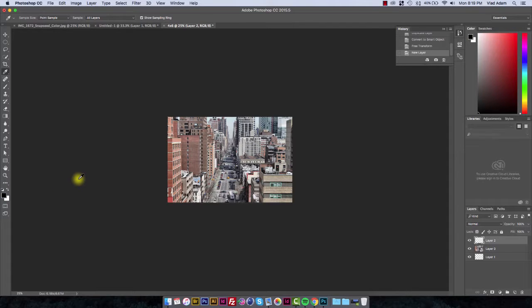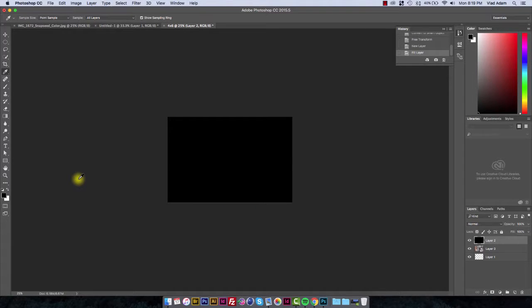So I'm going to go, I can never remember the buttons if it's Control or Command, in this case it's Alt backspace to completely color in my layer black. Now please remember that you need to be clicked on the layer that you want to be coloring in. Then I'm going to go over to my marquee tool and select the rectangular marquee tool